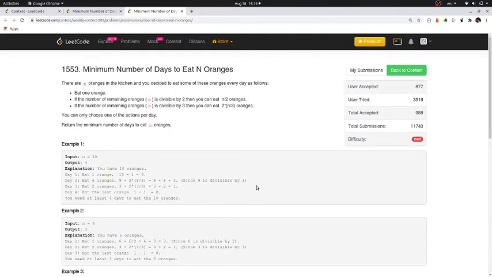So how I solved this problem was with this information that the main time taken was by the state which is going to reduce the number of oranges by only 1. If we are somehow able to reduce the oranges by half or 1/3 in each step, it would be very easy to solve. But the other thing is that you don't want to decrease oranges by 1 a lot of times, because